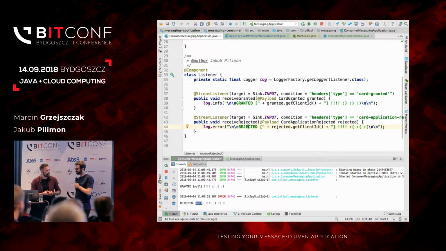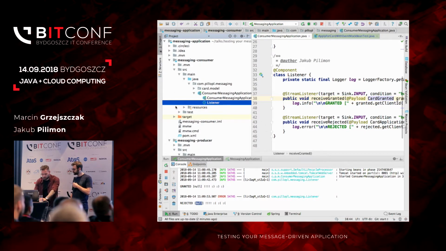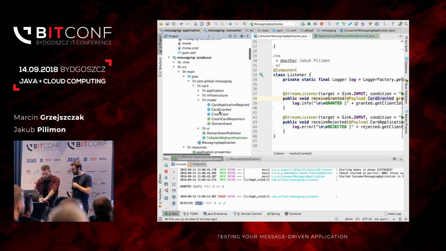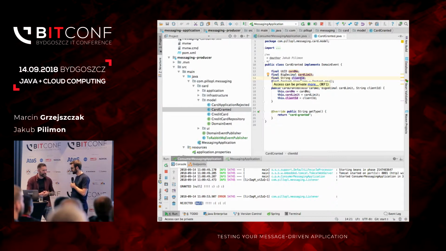I'm blaming Jackson. So probably you serialize things with JSON. Spring uses Jackson, and you didn't configure Jackson. Of course not. That should work out of its own. Yeah, that's why. So take a look at the POJO that you are going to send from the producer. Okay, it's card granted. Let's go to the producer. It's somewhere here in the model, I guess. So you're saying that the message I sent is already broken? Yeah. It doesn't serialize, because of the default configuration of Jackson.